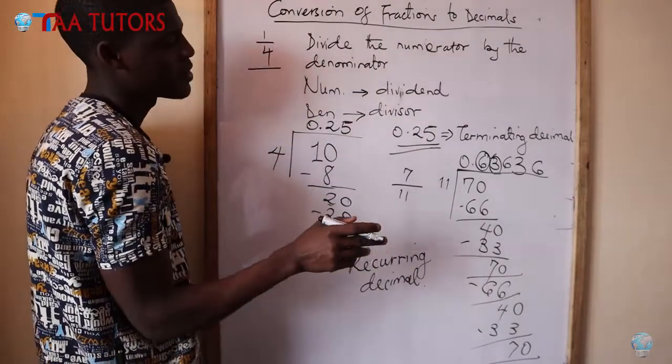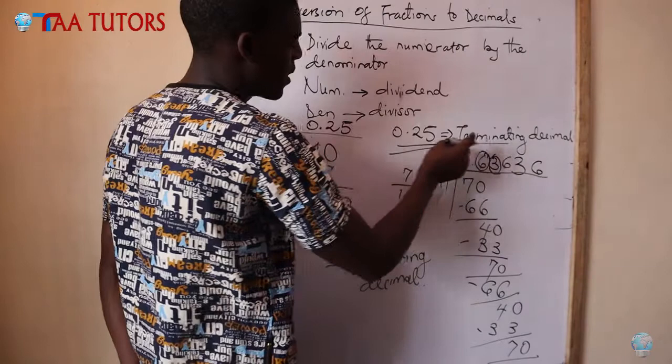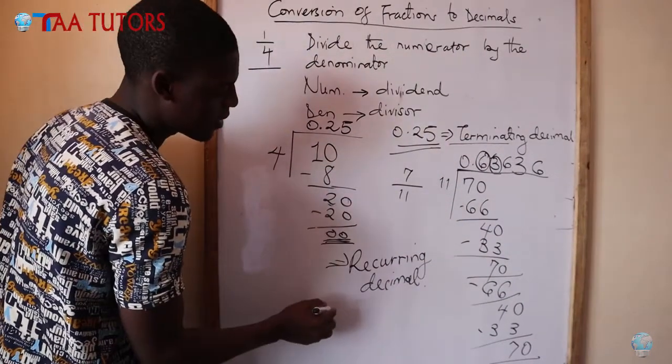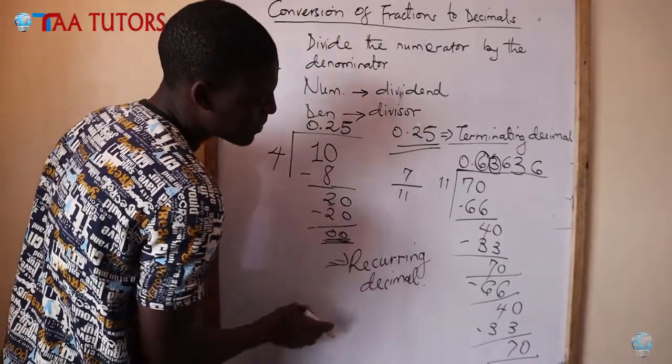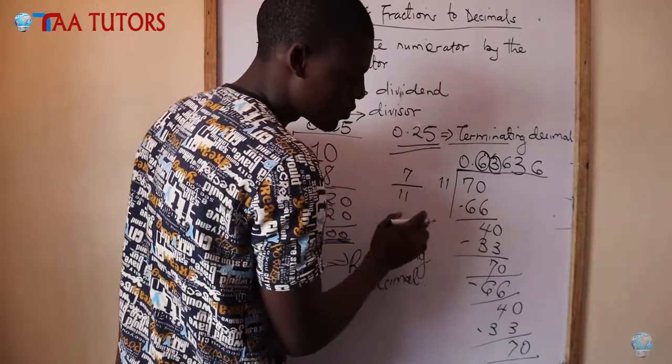So we have two types of decimals. We have terminating decimal, where we are coming to a 0 difference. Then the recurring decimal, where the difference never comes to 0. It keeps on,